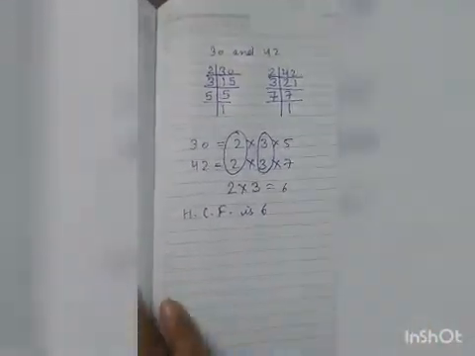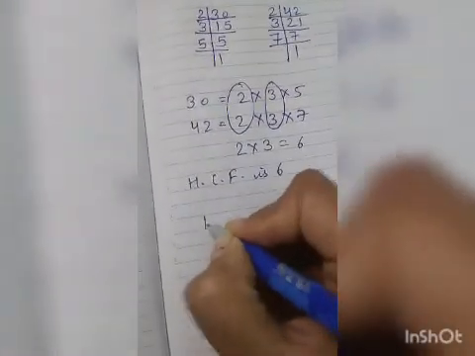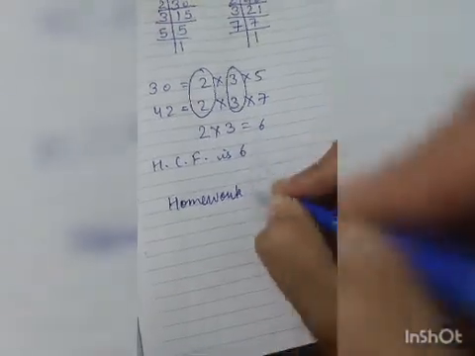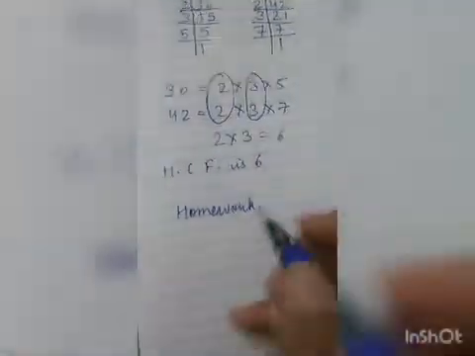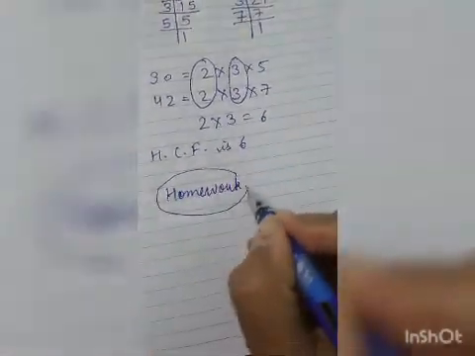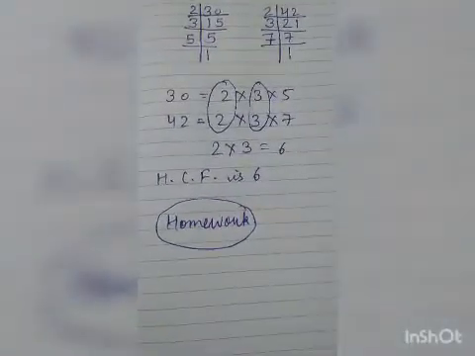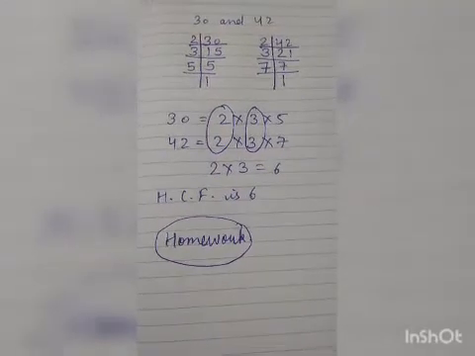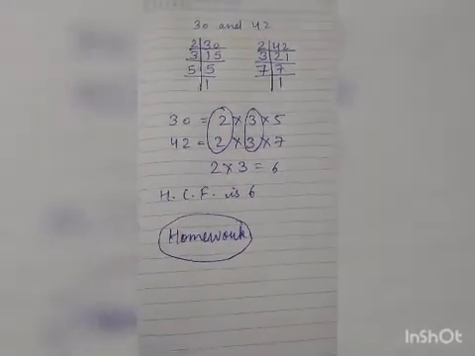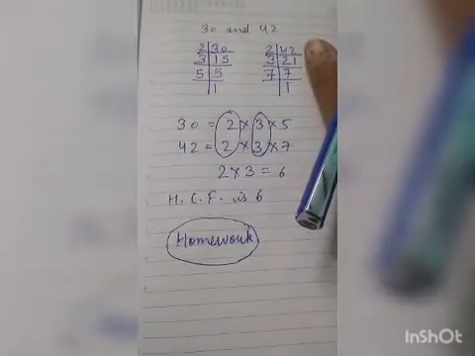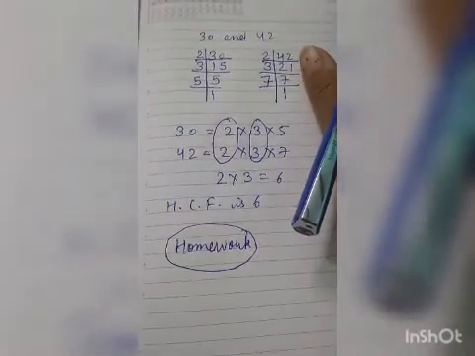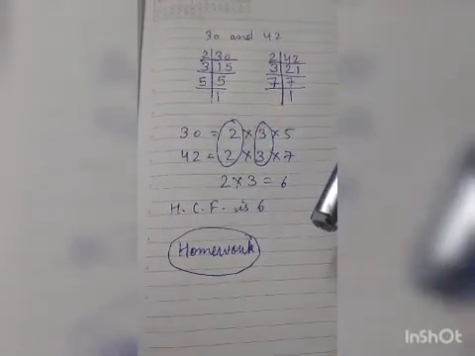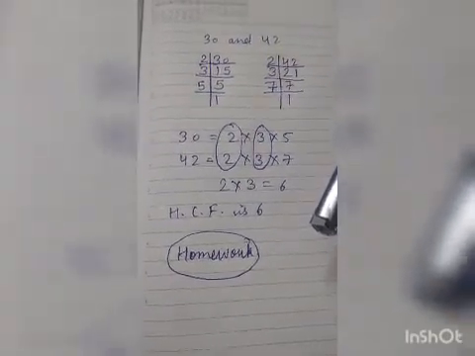So I am giving you some questions as homework. Just note them down and practice these questions in your rough copy. Do not do the questions directly in the fair copy without my permission. So this is how to apply the division method for finding the highest common factors. Tomorrow is our Zoom class and we will practice the questions from our book.